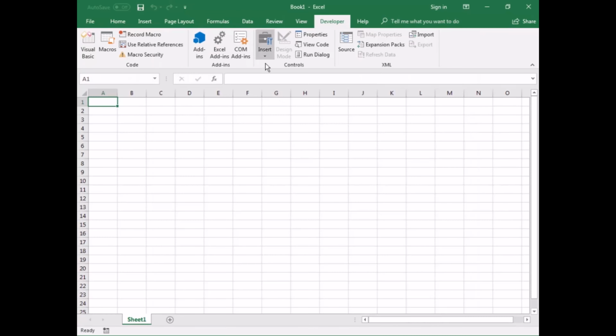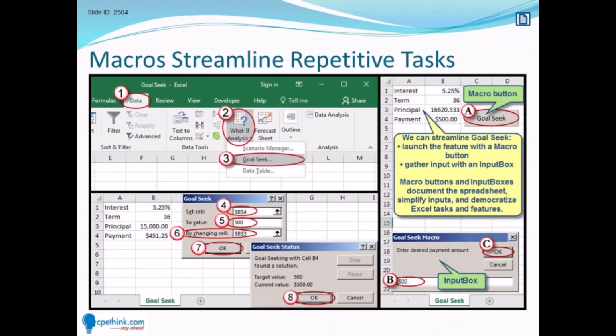So the other command we'll be making use of today on the developer menu is this insert button, where we'll be able to create a macro button to be able to launch our macros. It will just give us yet another way to initiate working with a macro. As we've seen, macros can be used to streamline repetitive tasks. And so for today, what we're going to do is we're going to focus on using a feature that often